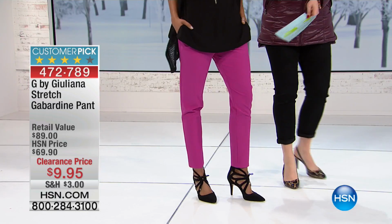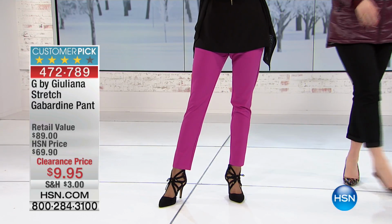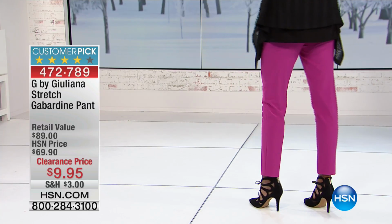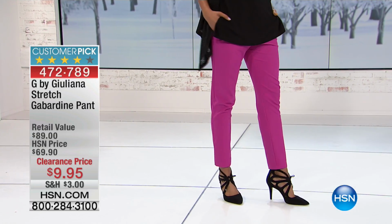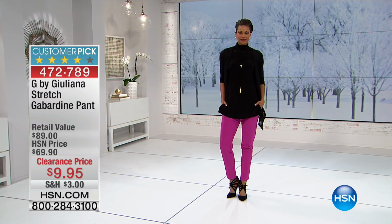$9. I was going to put my face down, which would probably look really bad, but $9.95. Say what? What? I love Victoria. But I mean, you guys, this pant is $9.95. Honestly, you could not even buy the fabrication for $9.95. I know, in all seriousness, I'm just crazy over the top having fun with this, but truly, in the